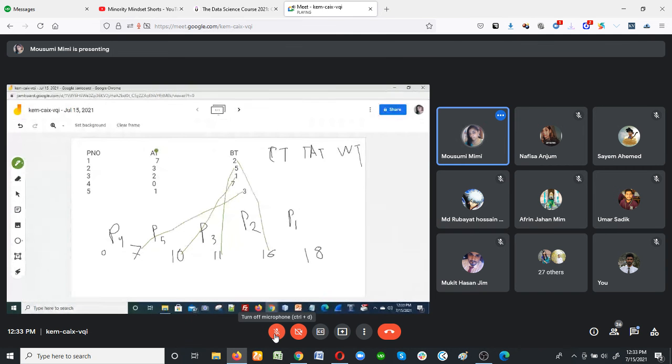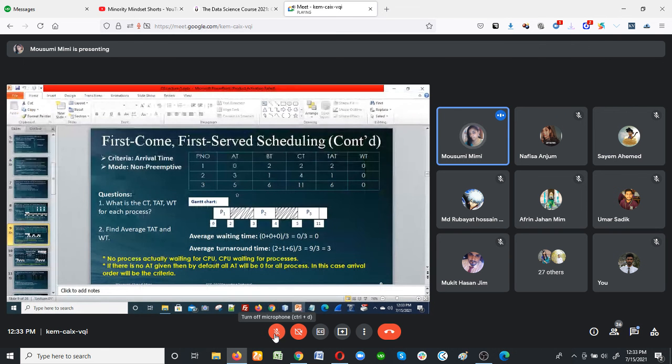If the process has already come within the time, then at that point there is no need to wait; you just keep adding. But in the second example, waiting occurs. After 2, the process comes at 3, so what is the gap between 3 and 2? It is 1. So at 1 second you have to wait. The process comes at 3, and 3 plus 1 equals 4. That is the way. Do you understand my point? Yes, ma'am. Okay guys, any more questions?